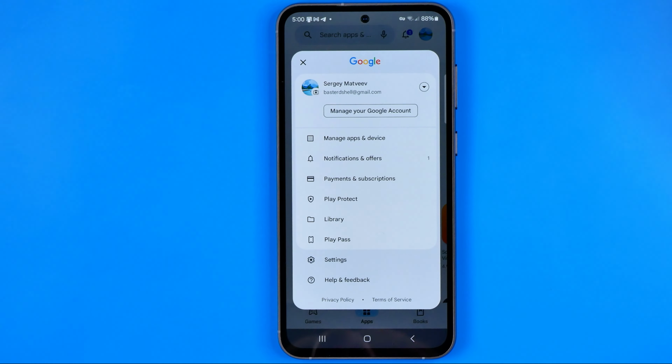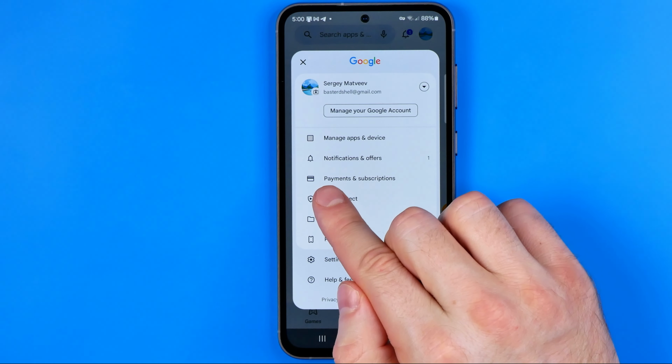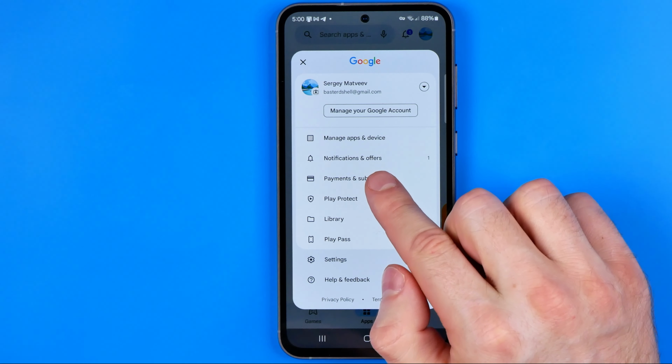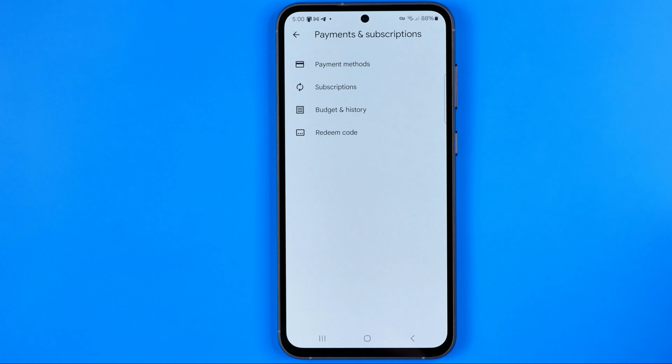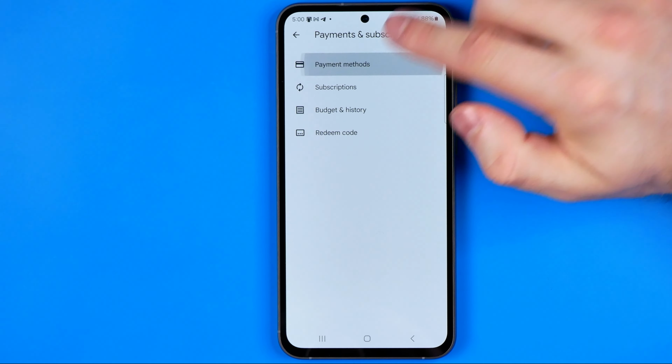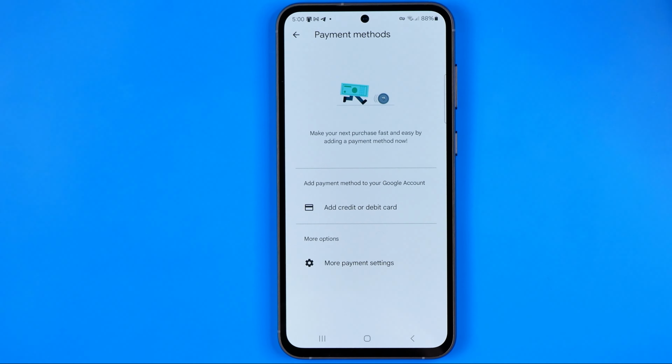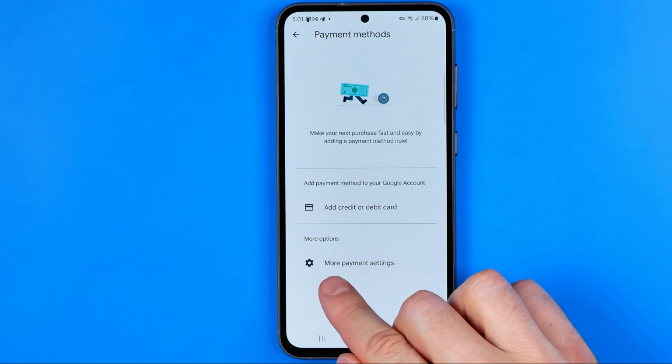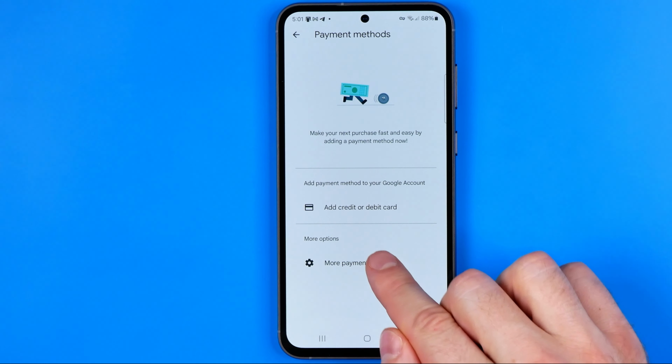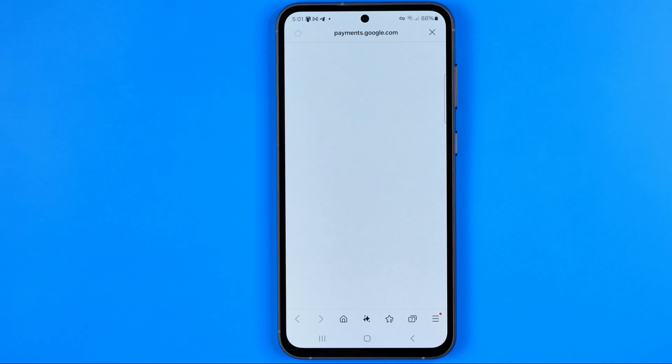our profile picture. After that, tap Add Payments and Subscriptions here. Then select Payment Methods. Down below you will find more payment settings. You need to get into it, and on that step you will be redirected to